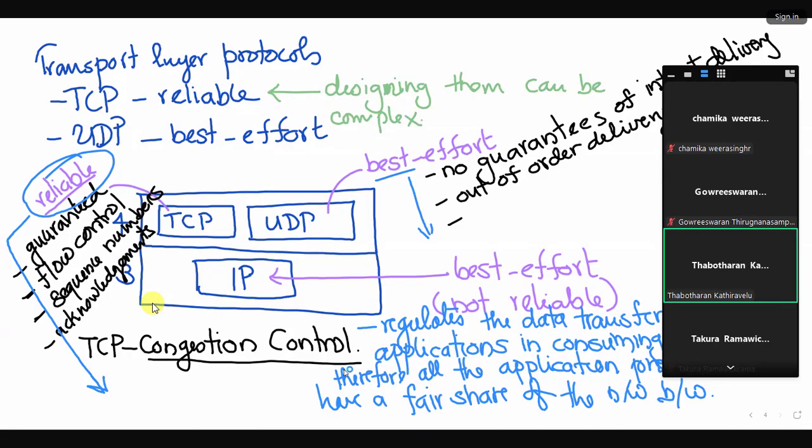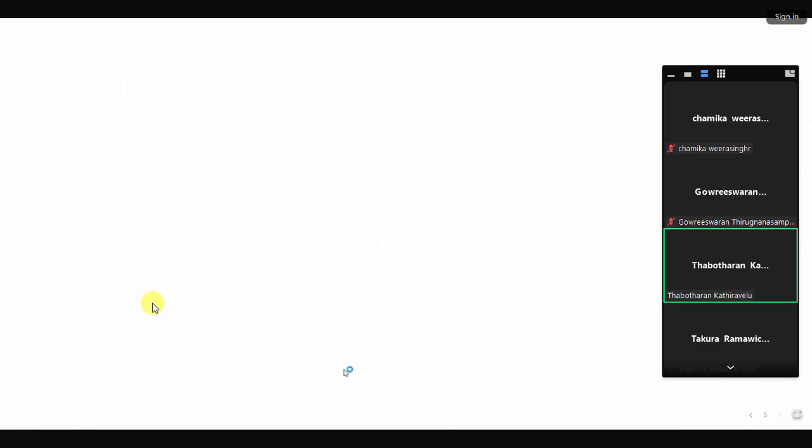A lot of effort has to be used, and a lot of resources on the side of the network hosts, and also on the side of the intermediate network routers, will have to be devoted for these connections. Okay, so those are some of the things. And we also saw one more thing called